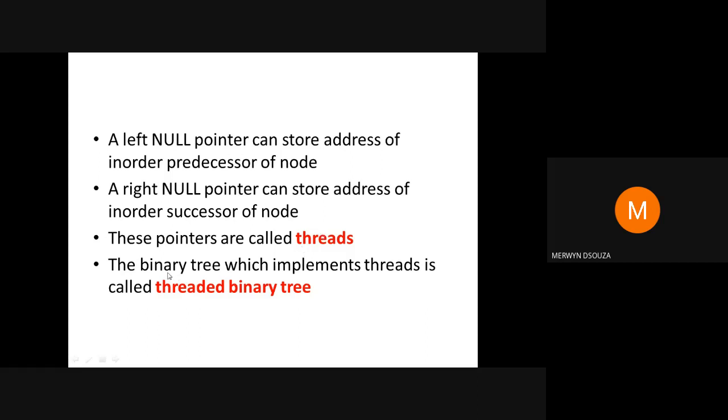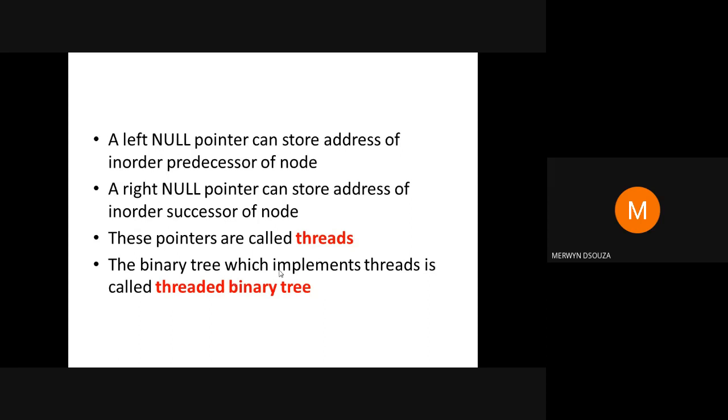Remember now the most important thing I'm telling: a threaded binary tree is a binary tree. It need not be that it is always a binary search tree, because by itself a binary search tree is also a binary tree. So threaded binary tree means any binary tree can be implemented as a threaded binary tree.